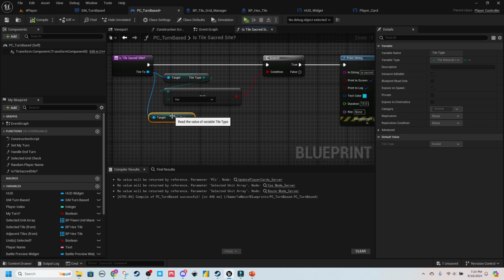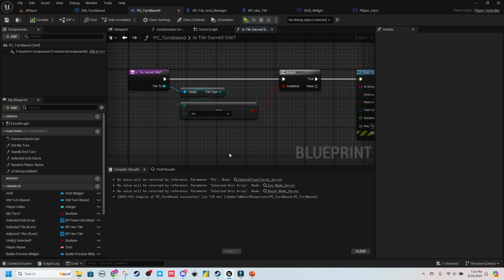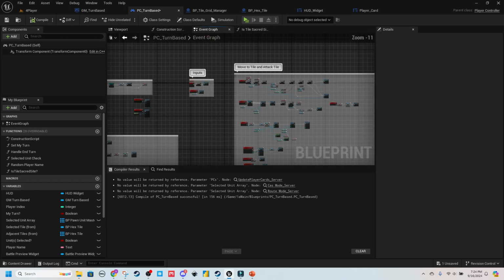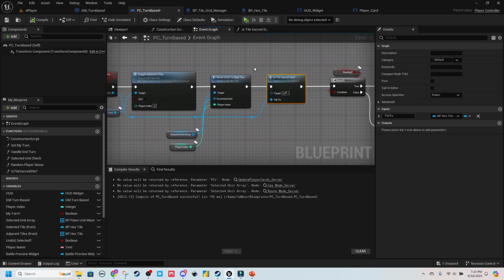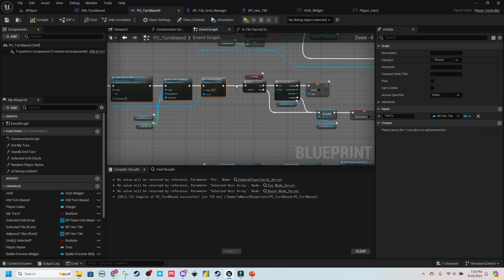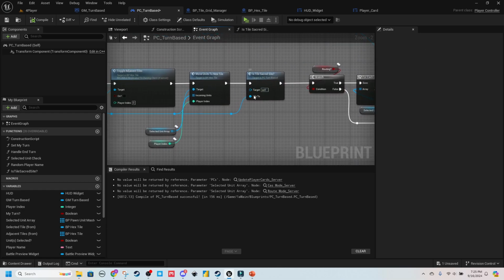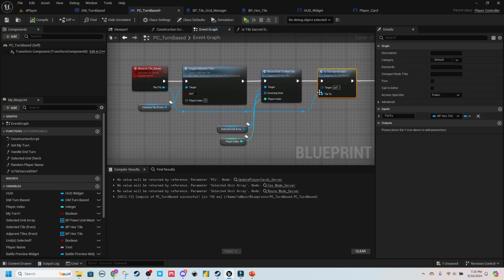And off of this, right? So you should have something like this, probably says invalid. Click on it and grab your site. So then what we want to do is then do a branch, right? Hold down B, left click, and then true. So, and then where you'll plug this in, come to your event graph, and under your movement, when we move to a tile server, I added it right here, right after the move units to tile, right here, before we do this branch. So slide this stuff over, drop this function right in here, and then connect your tile 2 to the tile